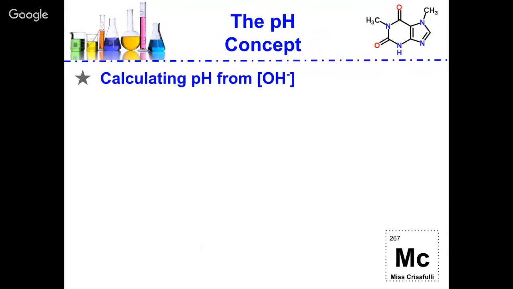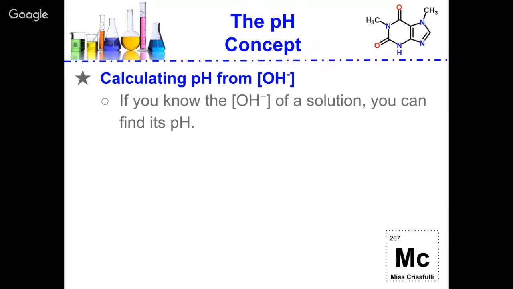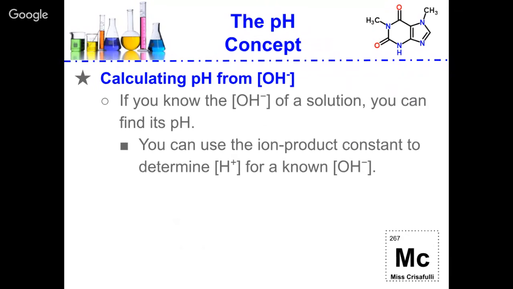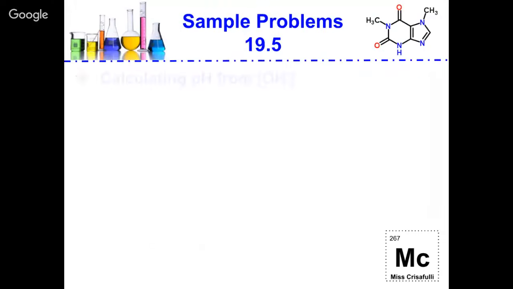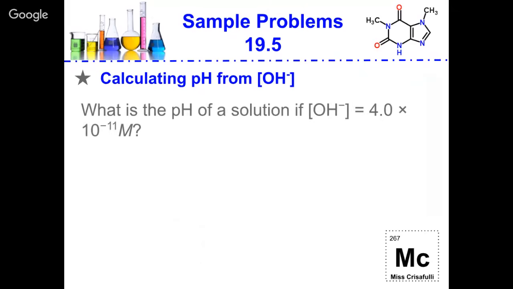Let's calculate pH from OH minus concentration. So if you know the OH minus concentration, you can find its pH. You can determine the H plus ion concentration first, and then solve for your pH. So let's do that in a problem. What is the pH of a solution that has an OH minus concentration of 4.0 times 10 to the